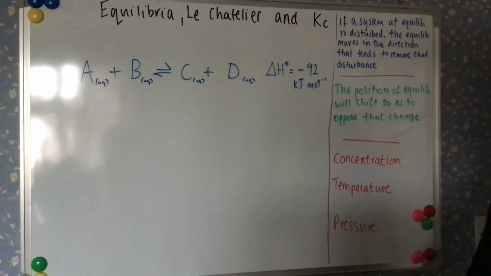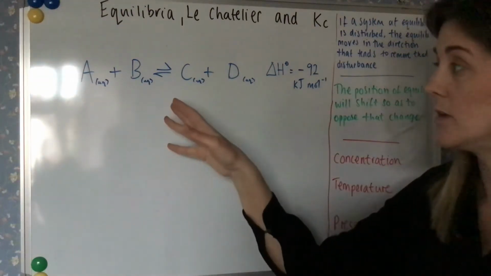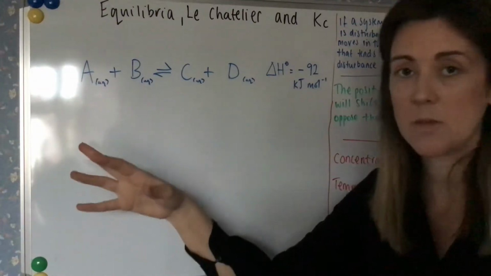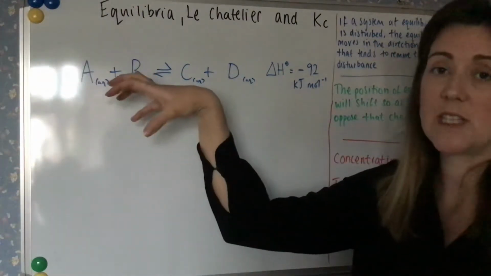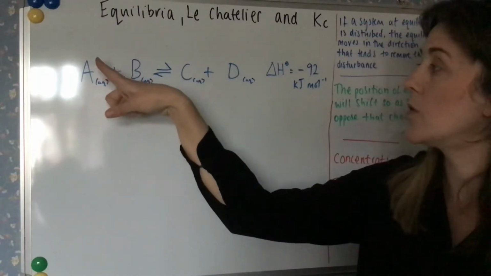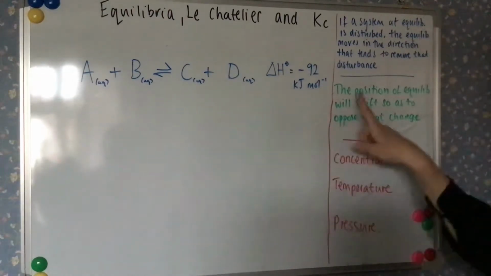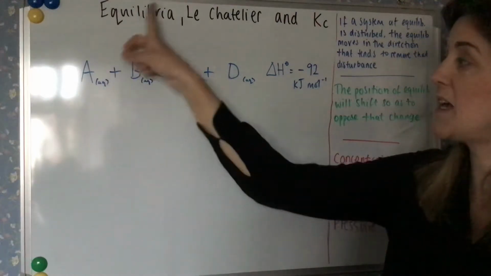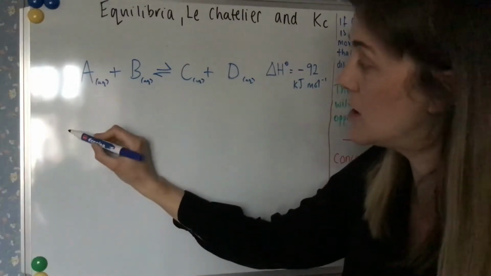Now, if I was to increase the concentration of A or B, what's going to happen is you're going to add more particles of, say, A, just to make it easier to talk about. You're adding more particles of A, and therefore you're going to have more successful collisions, aren't you? So what's going to happen is you increase the concentration of A and B, the position of equilibrium will shift so as to oppose that change. So what's going to happen is you're going to make more of C and D. So you increase the concentration